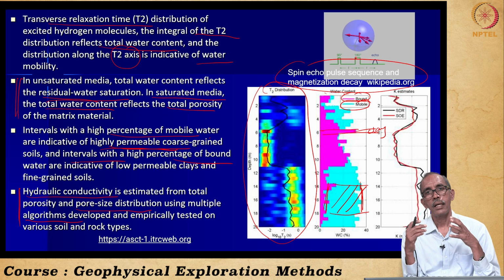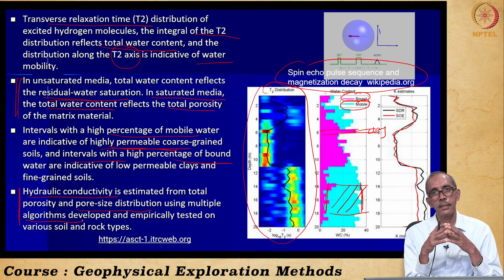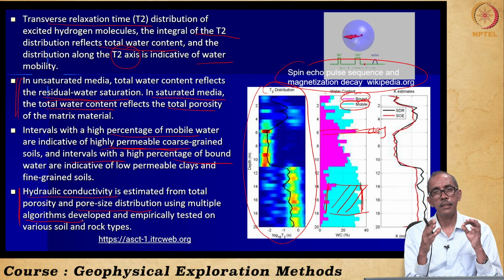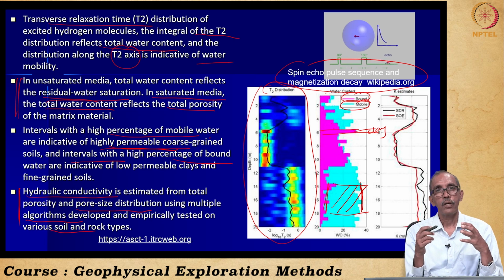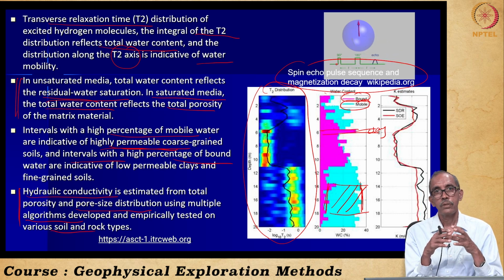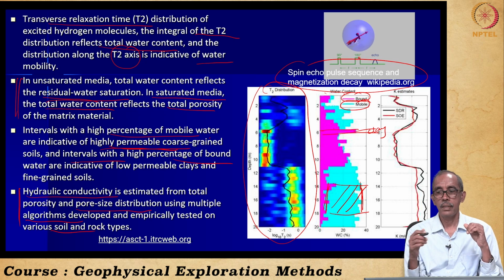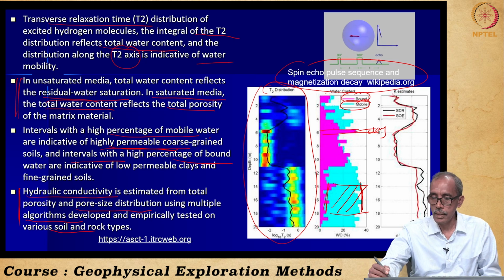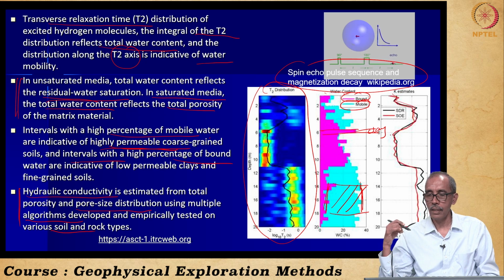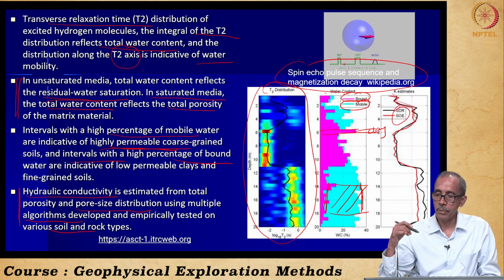That means there are already empirical relations that exist to determine hydraulic conductivity from the porosity, right? There can be some error in that, but nevertheless, these algorithms have been developed nicely, right? We make use of these empirical relations, and they have been tested on various types of soils and rock types and mixture of soils. So using that tool, we can also estimate the hydraulic conductivity. Here is such an estimate of hydraulic conductivity using different algorithms, right?